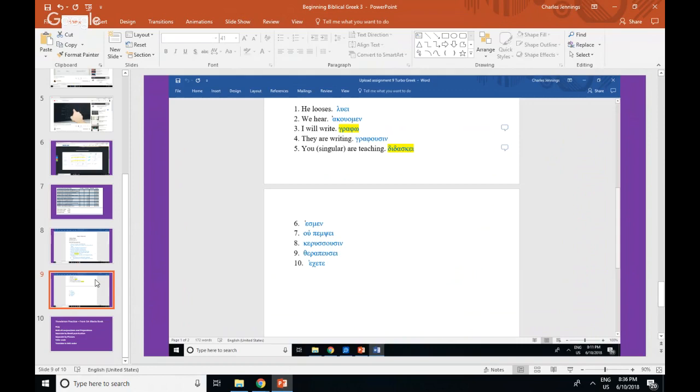Okay, so the number 9, therapeusei. Well, therapeuo is the lexical form, and so this is not that. And so you have a sigma, which indicates the future. So this is third person singular. So this would be he will heal. And then you have ekhete, which is from echo, and it just means I have or I hold. But of course, that's the lexical form. This right here, the ete ending, if you just remember that te ending lets you know that you're dealing with the you plural, or the y'all, as we say in Texas. So this is y'all have or hold.